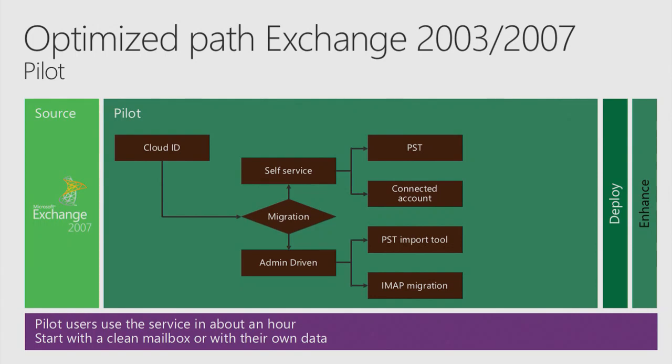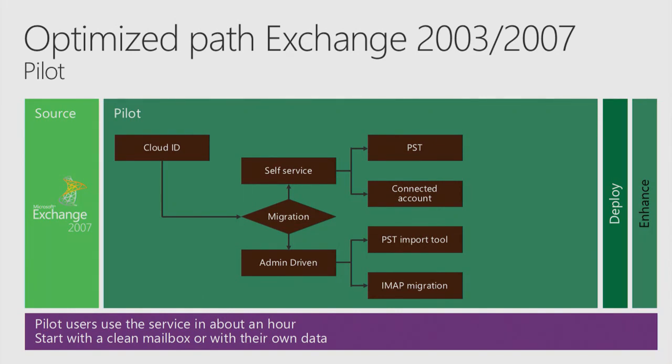If you are on older technology, which a lot of our customers are, there's only a couple of ways to do it. So in pilot, if you want the mail to be an experience, you can use connected accounts so that you can email in and out with your own domain without having to verify a vanity domain. Or you can import PSTs and have mail routing to actually handle that.